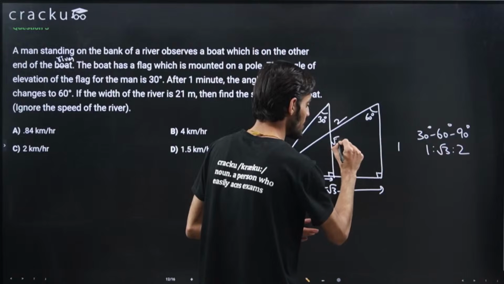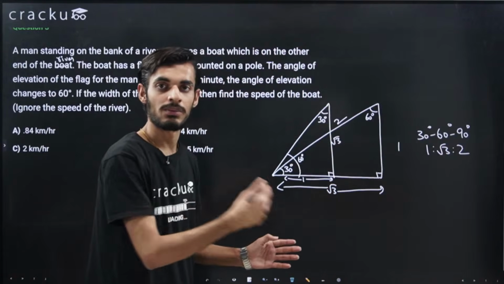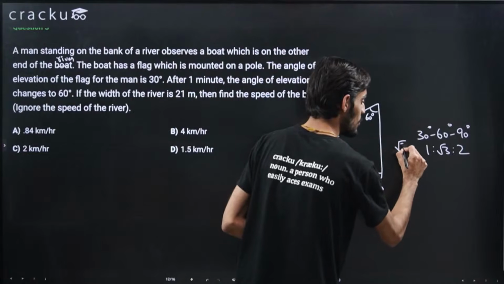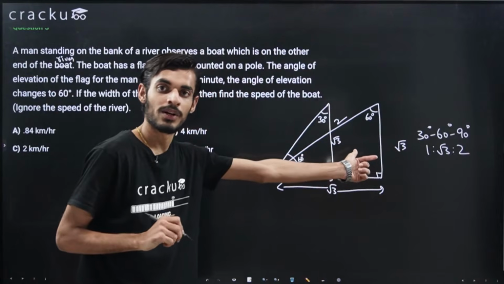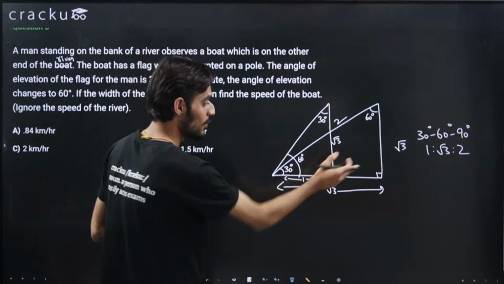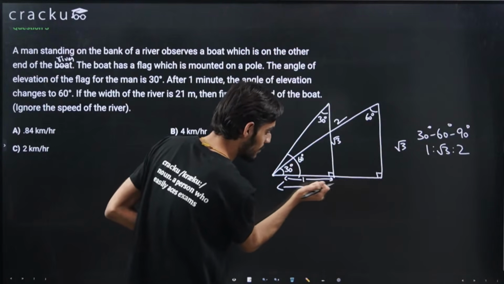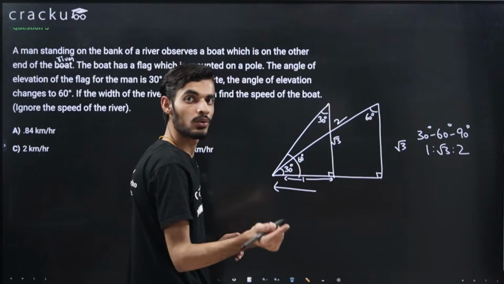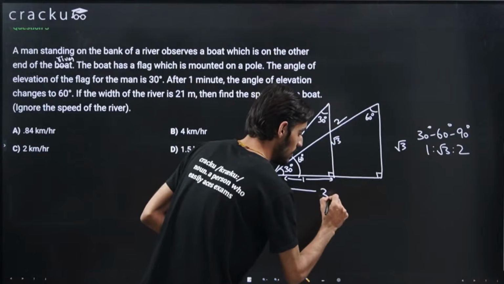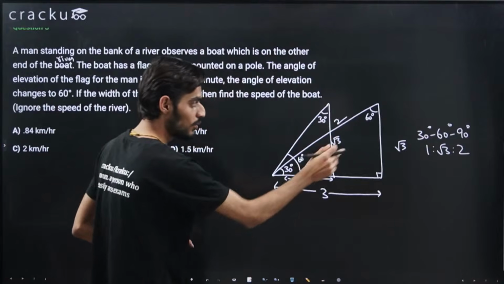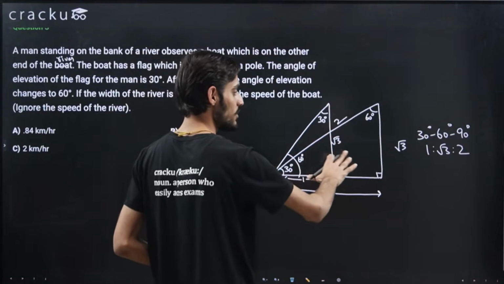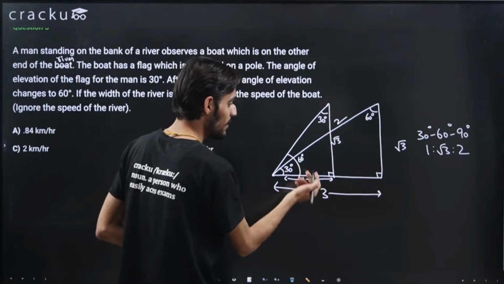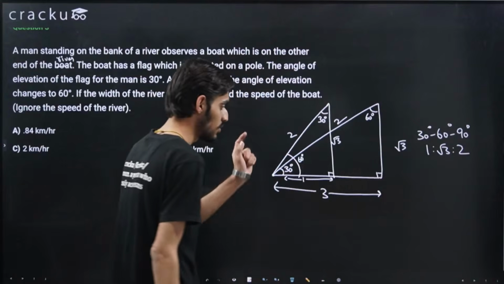If I can let this term as root 3, like I told you, we can just multiply the ratios and change the values. So if I multiply this by root 3, this will come out to be root 3. This was 1, I multiplied it by root 3 so that I can equate the two equations that I am forming. Likewise, I will have to multiply this also. This was root 3, so I can just multiply it by root 3. So root 3 into root 3 will give me 3 total, right? So now the two ratios that I found from the two triangles are satisfied. Okay, so if this is 1, this is root 3, this will be 2, even though this is not required.